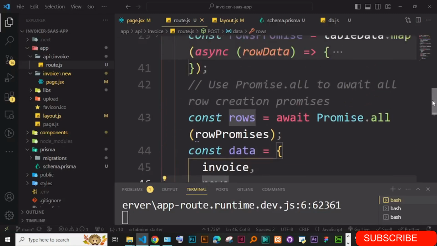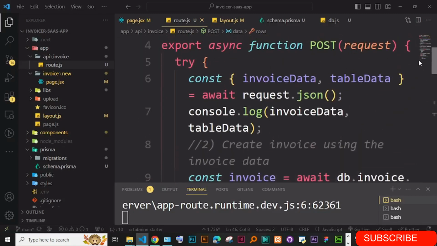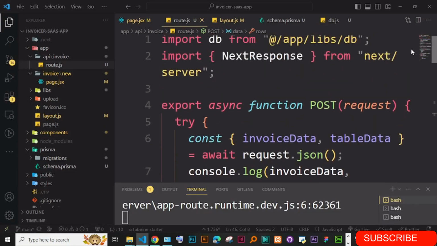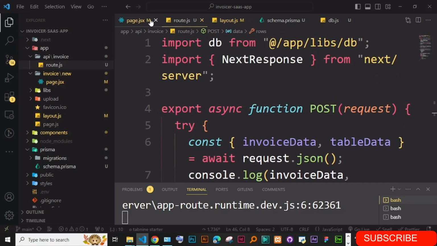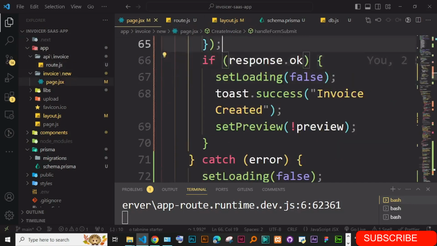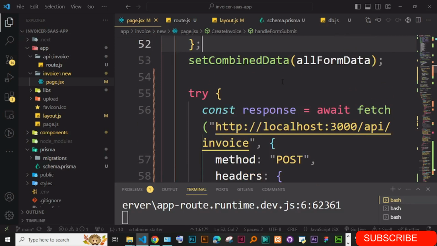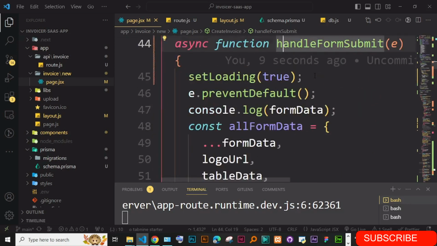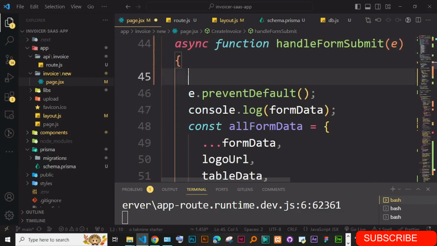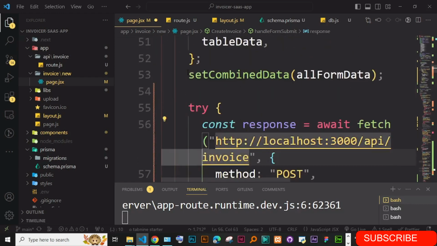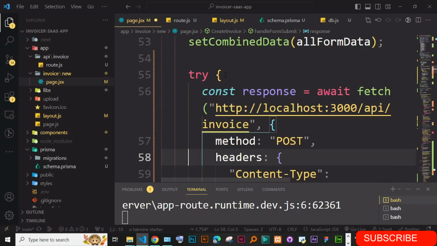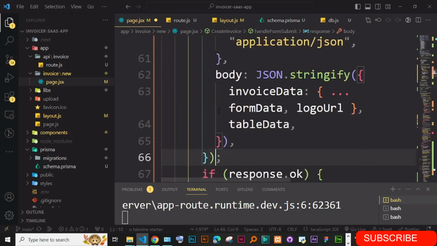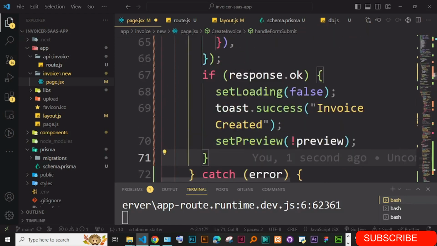I don't know why it is not changing. First of all, let me change where I'm making it true. Where is this page? Okay, I'm just going to change this instead of putting it up here. First of all, I'm just going to put it inside here. That is the first thing. And then when the response is back, maybe